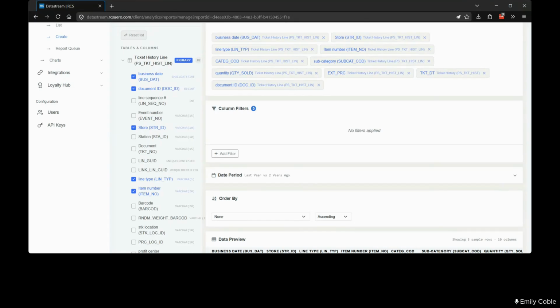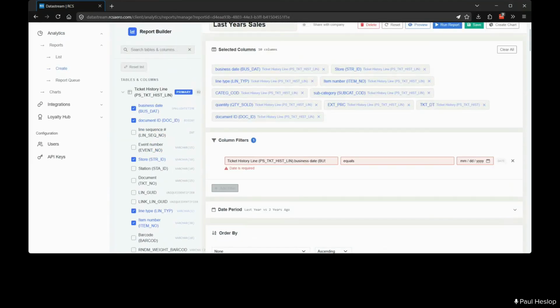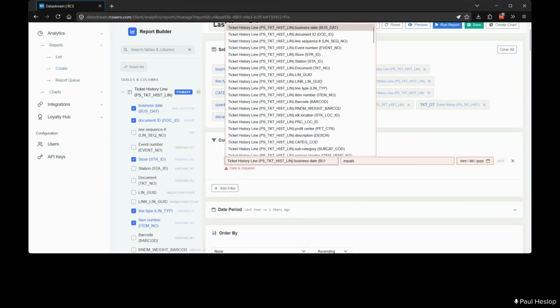When building metrics, what other logical arguments are available besides equals? So with filters, right here, it depends on the field. So we have business date equals, before, after, between, empty. But then if I do like,